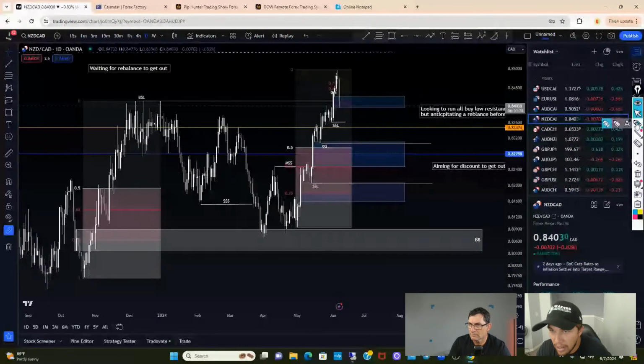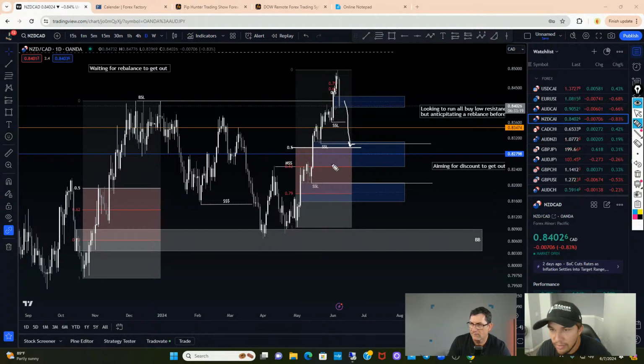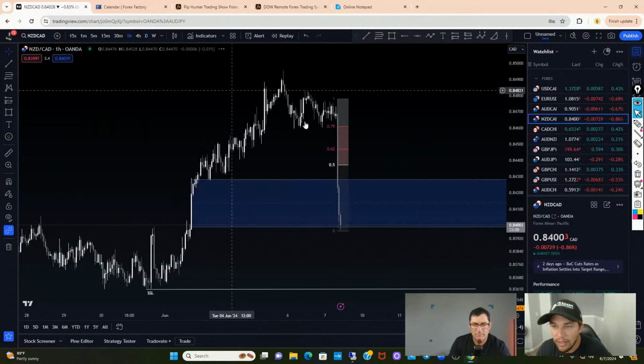So my bias is that we're going to continue to move lower, looking to take out sell side liquidity and move back into discount area below this 50%, where we also have another daily fair value gap. So we want to see this inefficiency get rebalanced. This is the rebalance of this price leg I'm looking for, okay? But just for the short term here, as we're targeting 20 net pips,